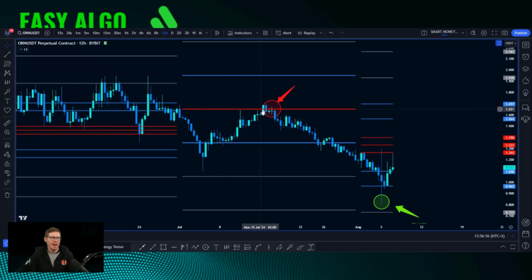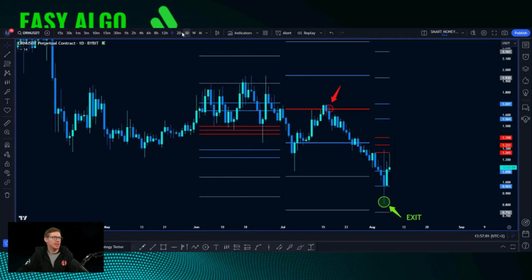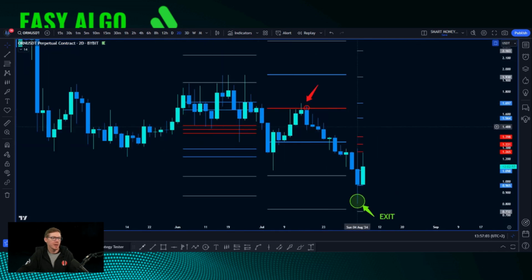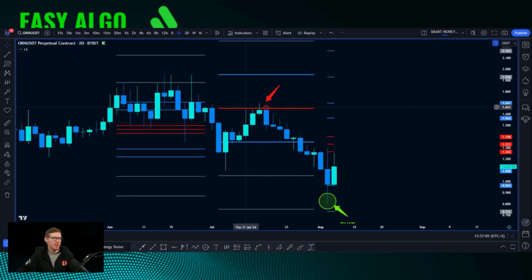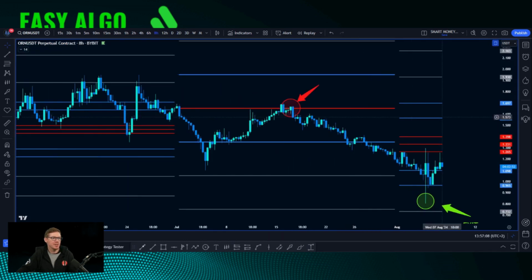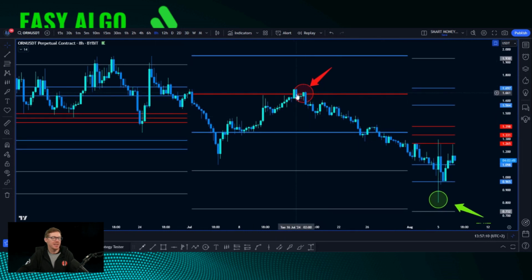And you can see price came up, hit here, and found rejection at that level. You'll see over here, if I go to a daily chart or a 2-day chart, look at this. We got these massive rejections into this level. Once we got these rejections, I entered exactly at this rejection point over here. You can see price was finding resistance on the higher time frame, and I entered exactly at this level. And then we got this big drop underneath the grid, which let me know that price was going to continue